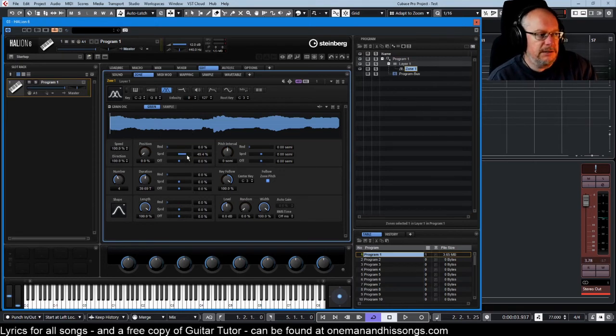I can randomize, if I just pull this down a little bit but increase randomization instead, then you're going to get a